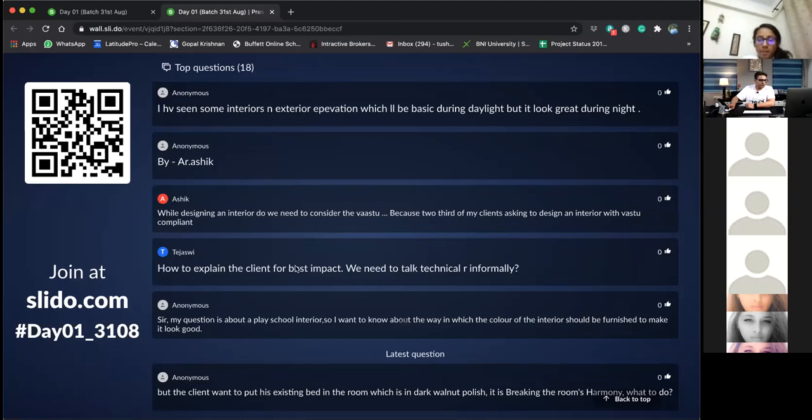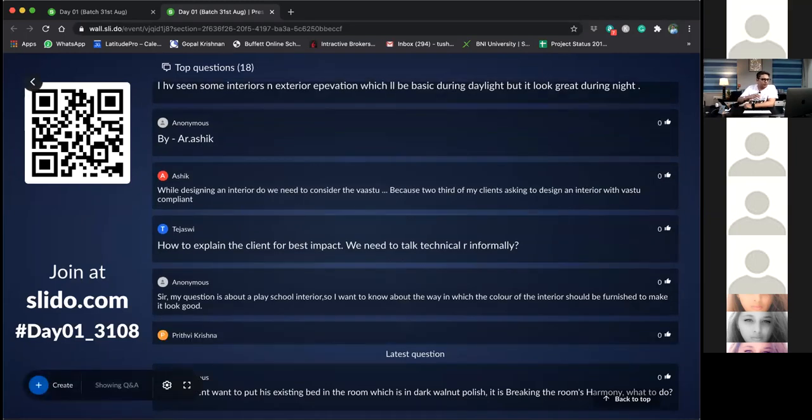Which software do you use for end-to-end interior designing? Okay, so Pooja, you can use SketchUp, you can use 3ds Max, you can use AutoCAD for complete end-to-end interior design. Okay, now we'll go back to Slido. Where were we? Okay, whether to consider Vastu while designing. I said I'm going to release a video, and you can watch that.